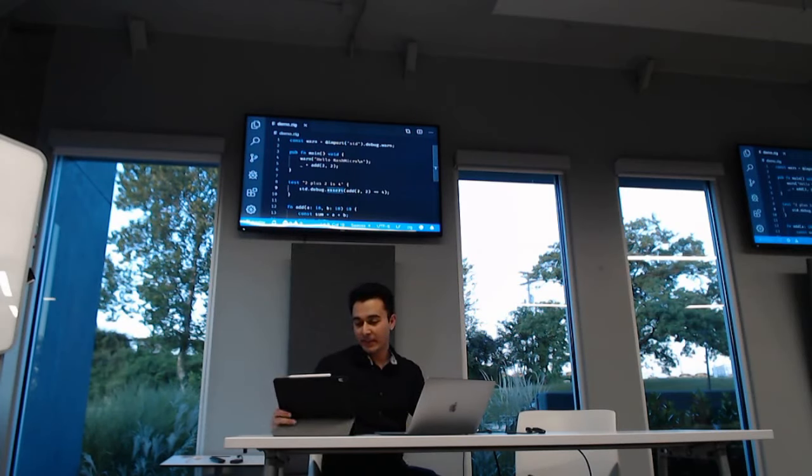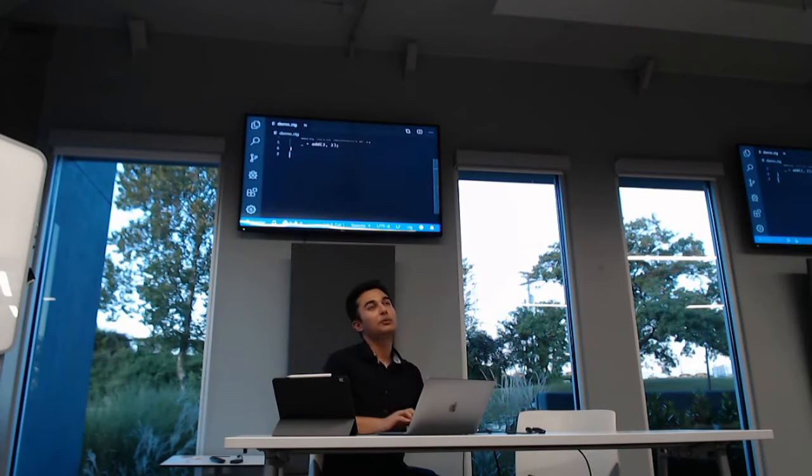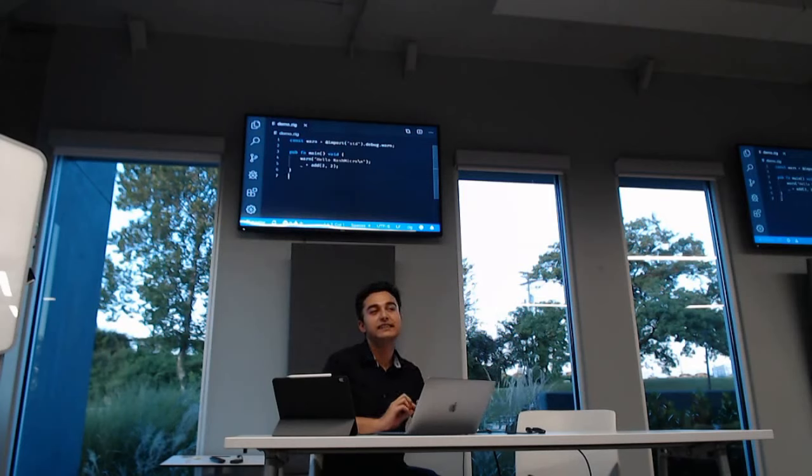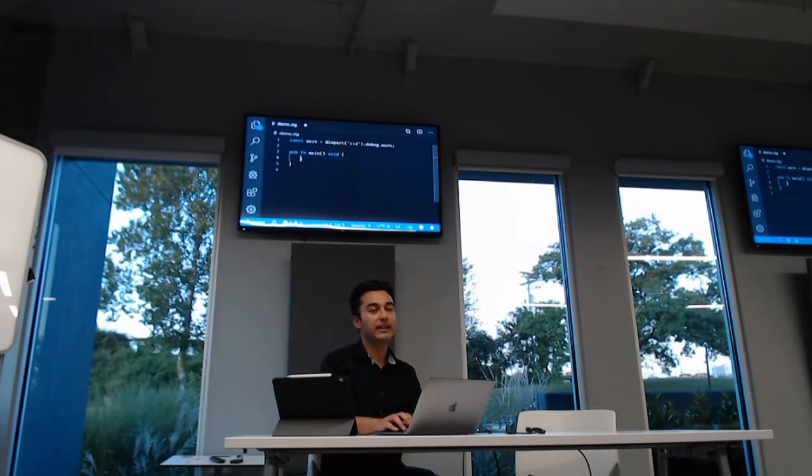Cool. So one of the biggest problems in C is pointers and arrays. It's so hard to differentiate whether something is a pointer, a pointer to a single element, or a pointer to an array. So in Zig, we have slices, and Zig has slices and arrays, but Zig arrays are kind of different. So let's say I'll make a variable world, a string, like a C string, and world is WRLD.